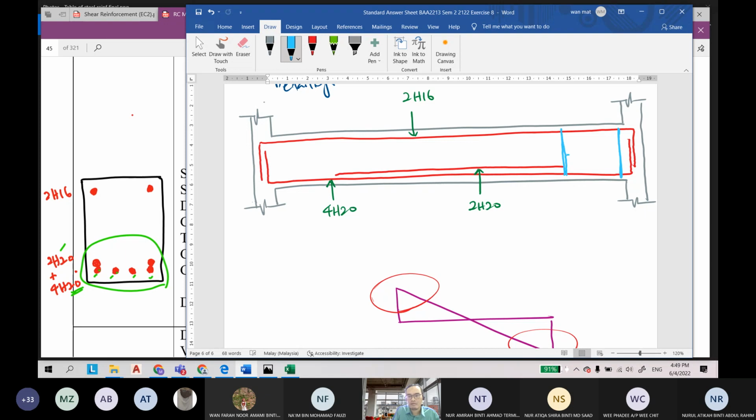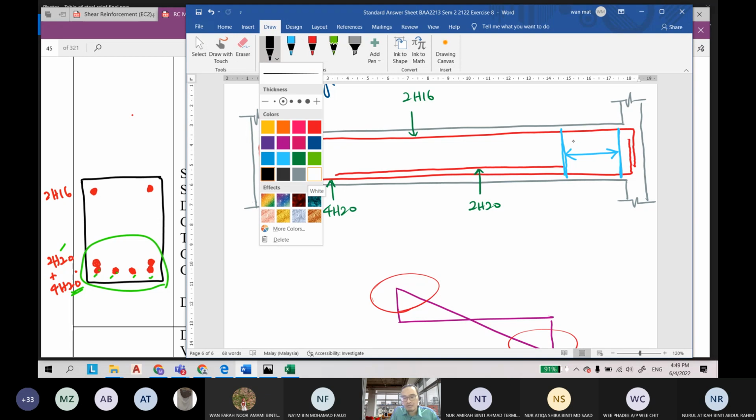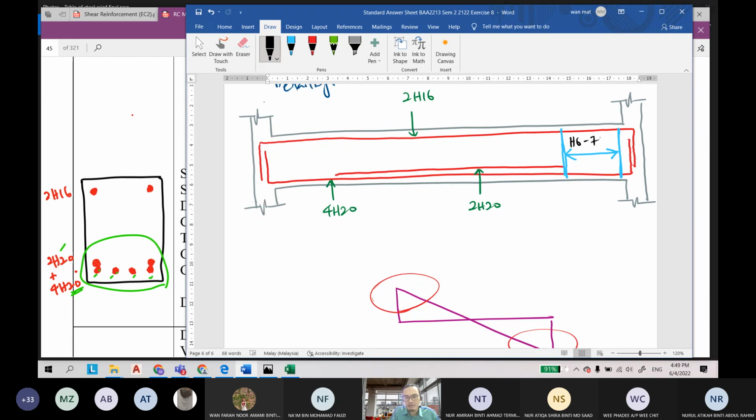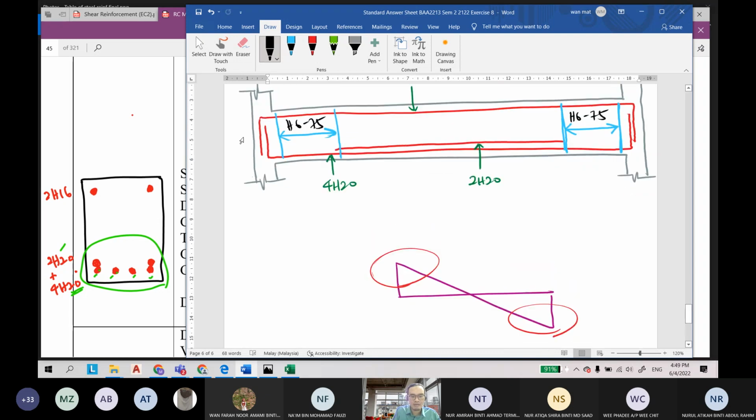You can do the calculation, but the workers do not understand the calculation. They only consider the drawing. So this is H675, and then also at the other support, here to here, H675. The length of this is the length X we calculated before. X is equal to 2.2 meters. Here also X is equal to 2.2 meters. And then the rest at the mid span we can use